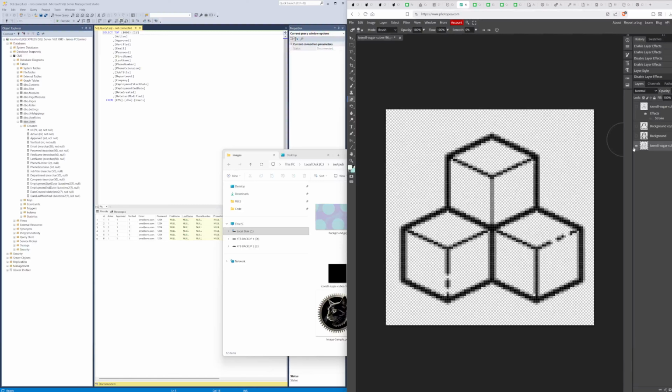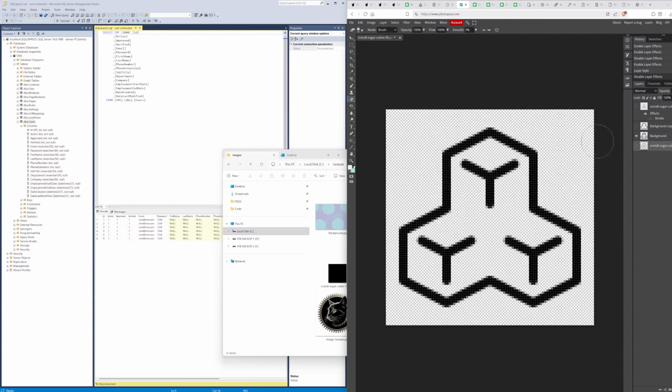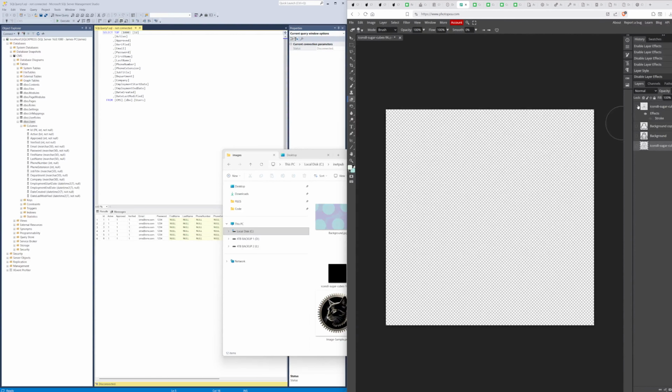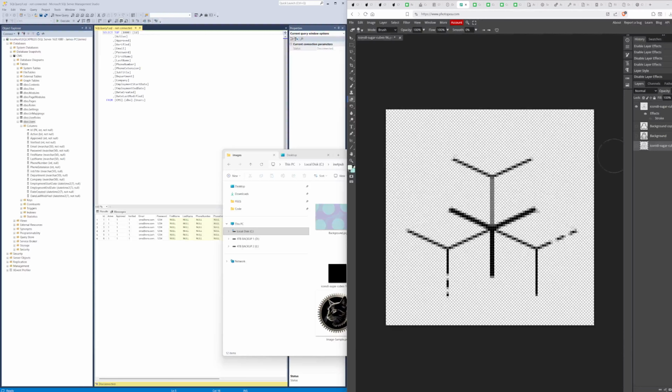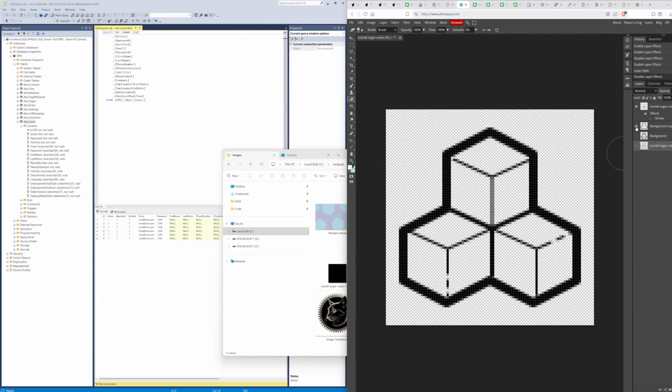So at this layer, we have the out of the box from the hand drawn, and this layer is out of the box from parakeet. This layer is the portion of parakeet that I chose to keep, so I cut out everything in the center, and then I cut out the center of the hand drawn one so that I can overlay them. But then on the inner portion, I've added a stroke effect. And so this is with the stroke effect, and this is without. So it just makes it a little bit bolder so that it kind of matches the thickness of the outside. So I'm going to go ahead and export this later, and then I'll hook in